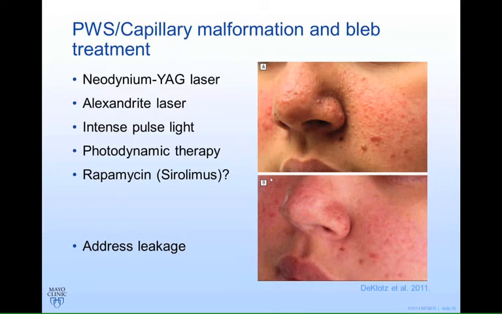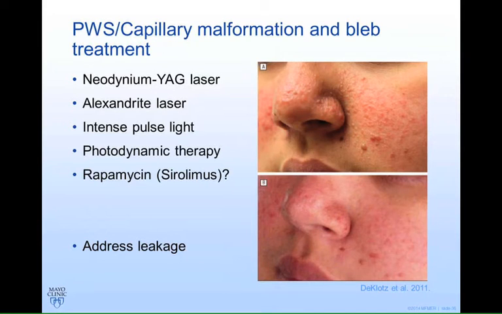Rapamycin or sirolimus is a very hot topic, not just systemically, but also topically. And so in some capillary malformations, some people have theorized that we could potentially use topical sirolimus to help get some lightening. Topical sirolimus was first used in dermatology to treat this condition on the right, which you see these bumps basically on the skin that got better with the topical sirolimus, and this is actually tuberous sclerosis. So these are some growths that people with tuberous sclerosis get in the setting of their disease, and that responds fairly well to the topical sirolimus.